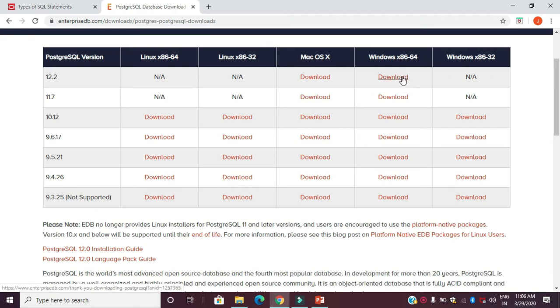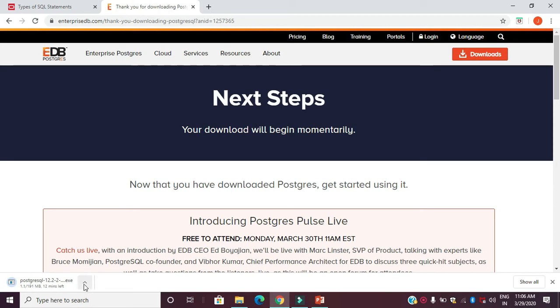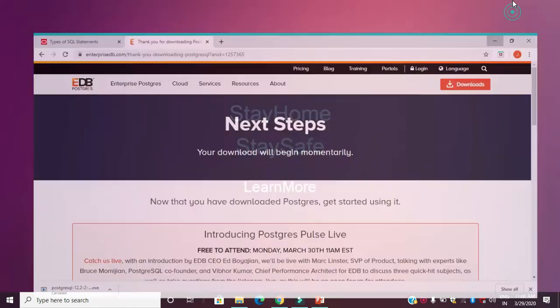If you're using a 32-bit operating system, you can select the Windows 32-bit version. Then a copy of that installer gets downloaded onto your computer, and it will take some time depending upon your internet speed. I have already downloaded the installer, so I'm going to cancel this and go to downloads.